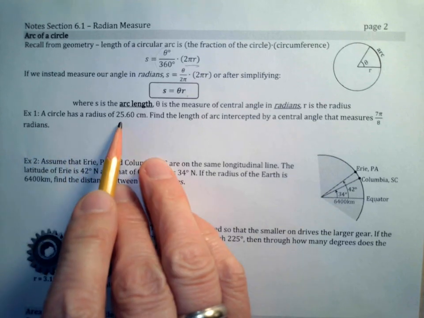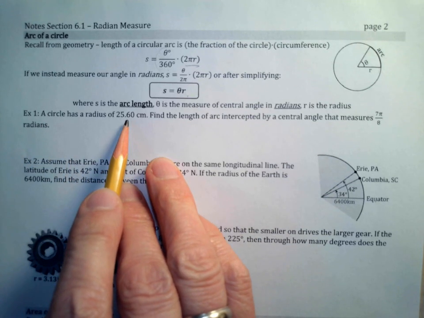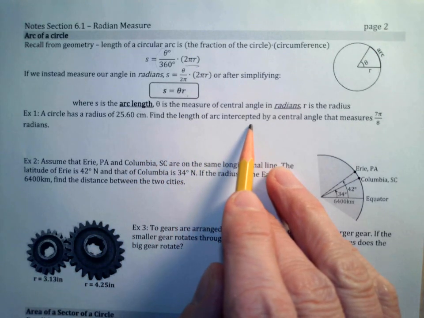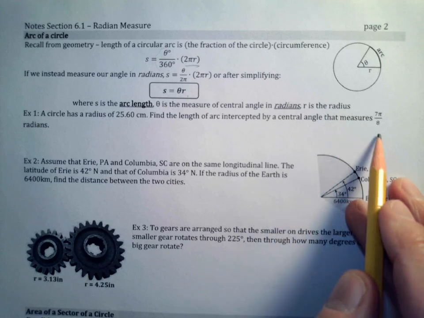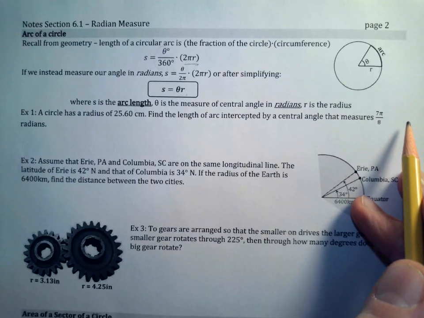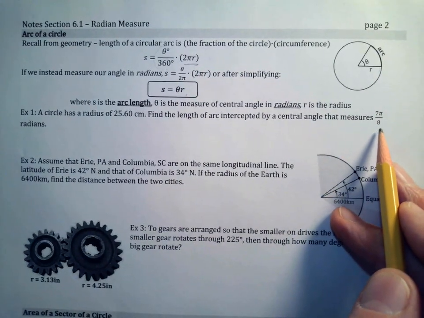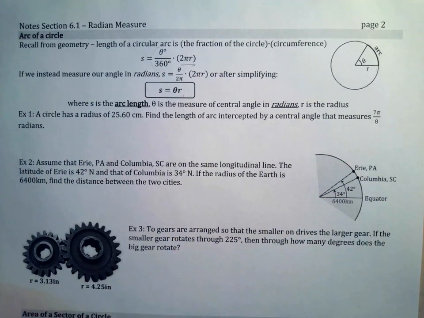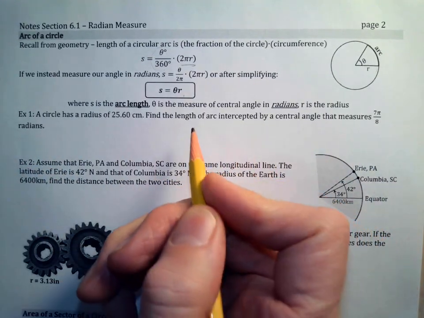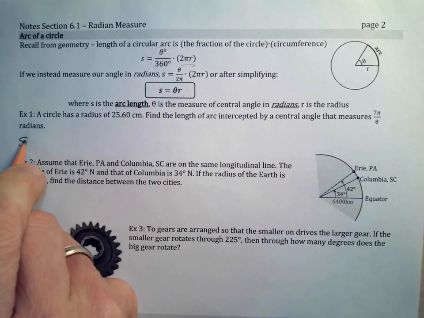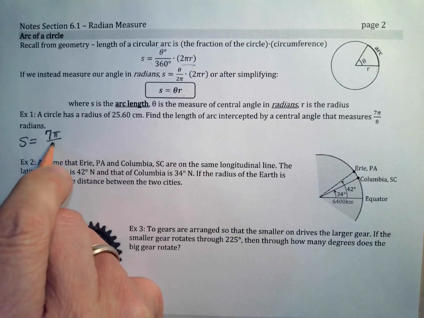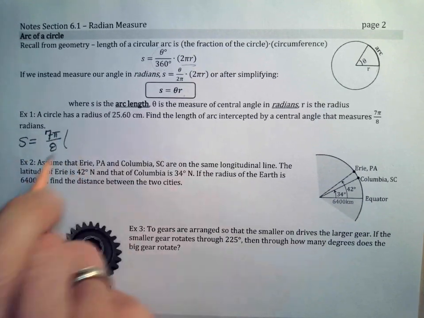A circle with a radius of 25.60 centimeters. We want to find the length of the arc intercepted by a central angle that measures 7 pi over 8. Okay, radians. It's definitely in radians, so we can simply find the arc length, that's S. We have S equals, and we simply plug in 7 pi over 8 times the radius,